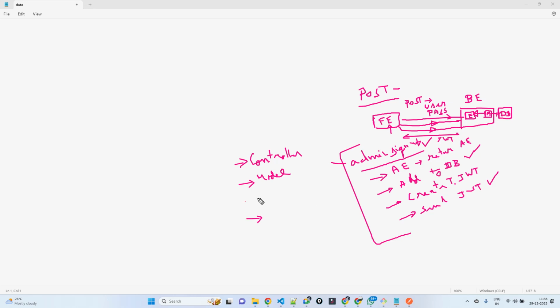When you get a request, this particular function has to be called in the controller, correct? And for that, the code will be there in the routes folder. For a particular route, call this function; that will be there in the routes folder. And in your main file, which is app.js,